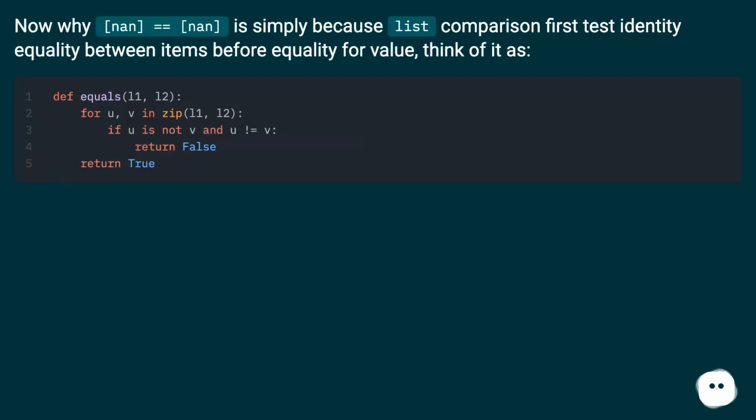Now why [nan] == [nan] is true is simply because list comparison first tests identity equality between items before equality for value. Think of it as